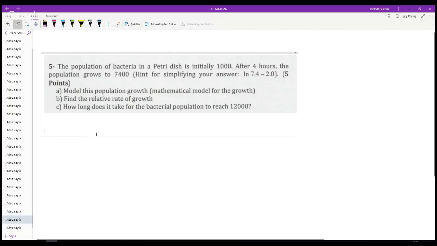A tank is being filled with water. Okay, so while everybody